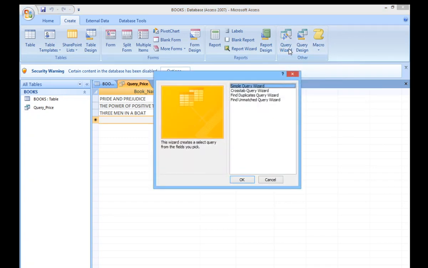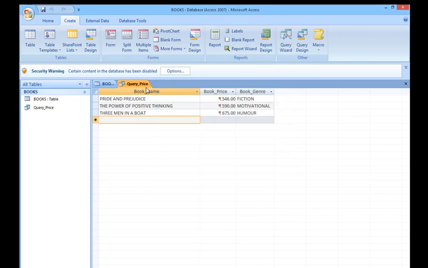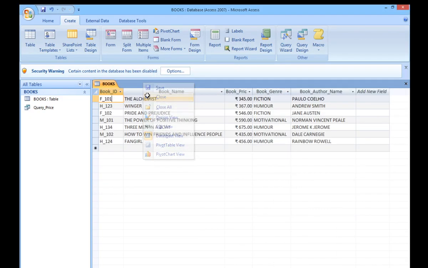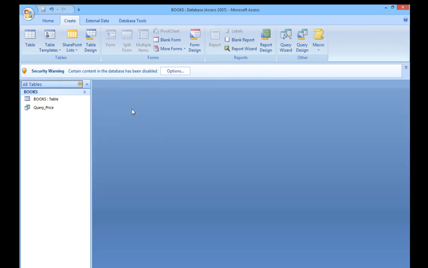Click here. There are 4 types of query. We are going to use the simple query wizard which is given at the top. Click OK. But before that, let us close all this. Close all your objects that are open, and now let us create our second query using the query wizard.